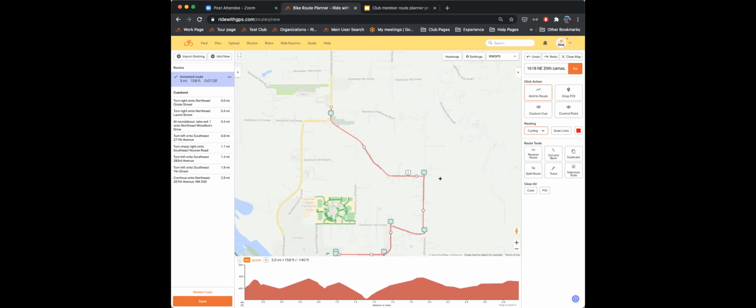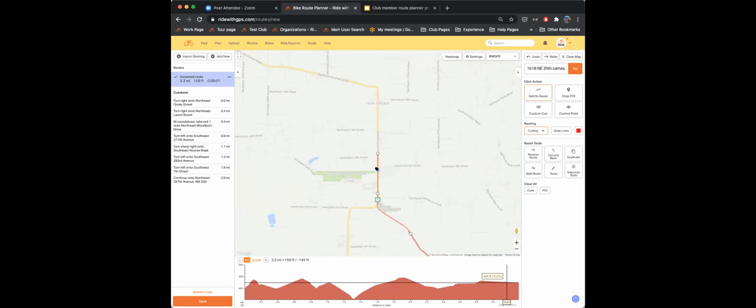So the other thing that I want to call out here, since we're talking about cues, is customizing these. So let's say I like the route, the cues that are being generated as I'm going along here, but I happen to know there's a dangerous railroad track crossing here or something along those lines. Maybe it's a gravel road section or just bad pavement, and I want to call that out to my riders. One thing I can do is click this custom cue option here and choose where on the route I want to put that, and click right there,